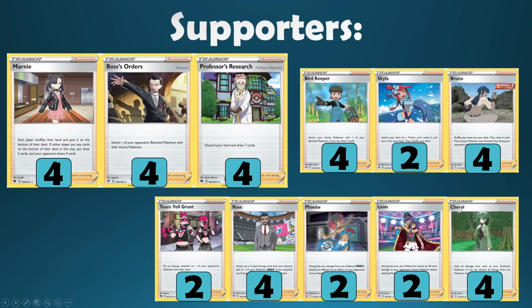On the right-hand side here, you see some that really do get slightly less of a look in than the big 3 on the left. But Birdkeeper is still a really nice switch out for you, whilst additionally drawing some cards, and has some good synergies with the likes of Zacian, with Urshifu, and a few other Pokemon in the game. Skylar can be nice for picking out some key trainer cards at times, and Bruno is nice, really good shuffle draw actually, when you do suffer knockouts,